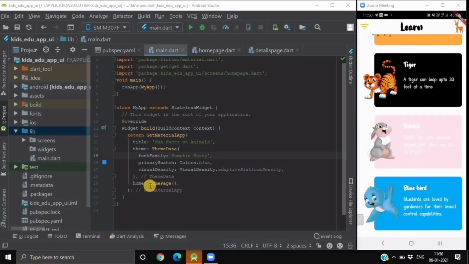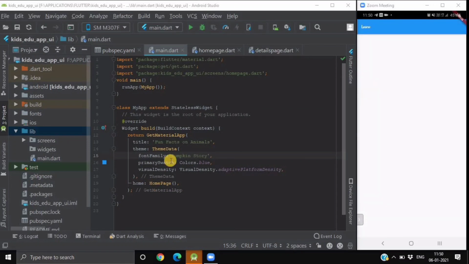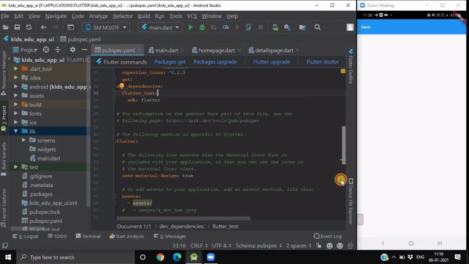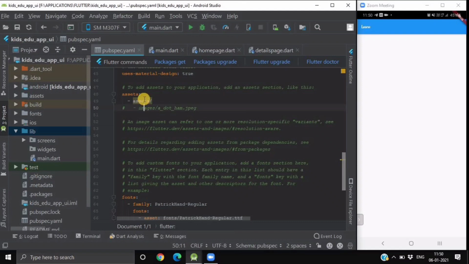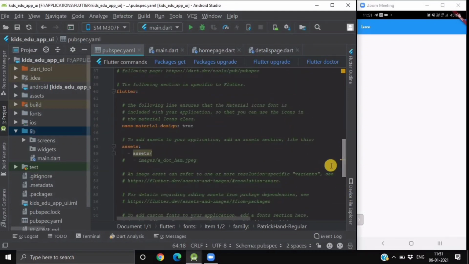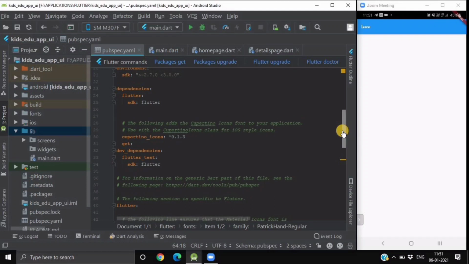So let's get started. First of all, in our new project, we will have two folders, assets and fonts. We will be importing these dependencies inside our pubspec YAML file, where we will import our assets folder inside the assets category, and we will import our custom fonts which we have downloaded in our fonts folder over here like this. Okay. Now we will be using the GetX package for navigation. So that's why we will be importing the get dependency inside our pubspec YAML file.